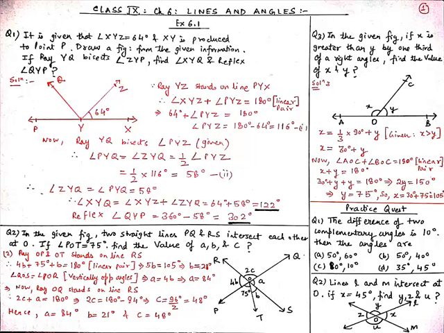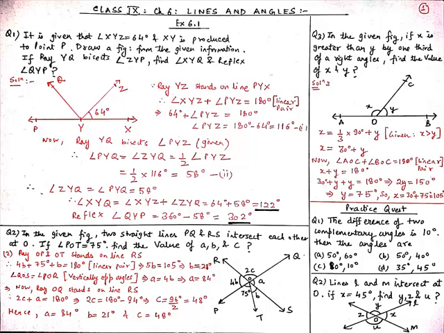So first draw a line XY and produce it to point P. And now draw angle XYZ which is equal to 64 degrees. Also draw a ray YQ which bisects angle ZYP. So from this figure we can clearly see that ray YZ stands on line PYQ. Therefore by linear pair we can say that angle XYZ plus angle PYZ is equal to 180 degrees. Since we know that angle XYZ is equal to 64 degrees, from here we get angle PYZ equal to 180 minus 64 degrees. And this is equal to 116 degrees.